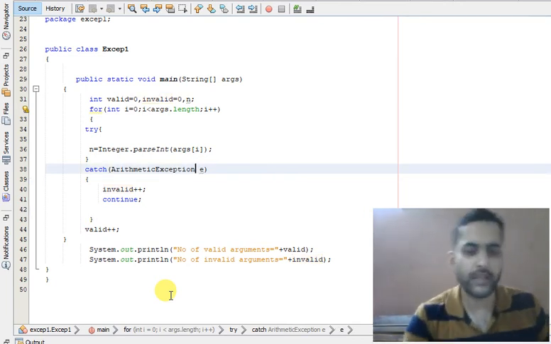Actually we can have n number of catch statements with a single try block.